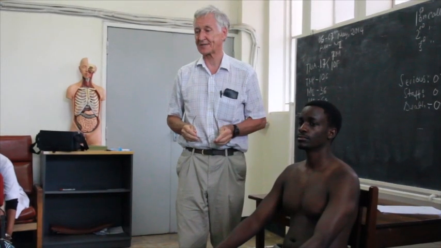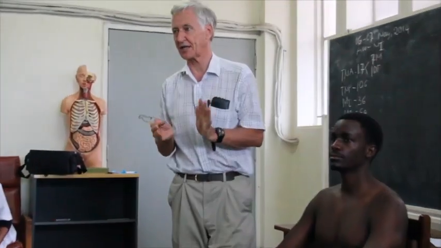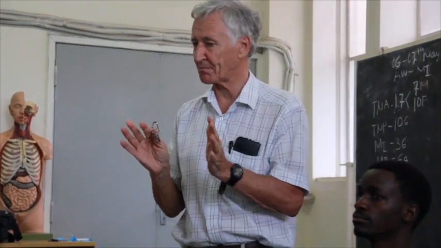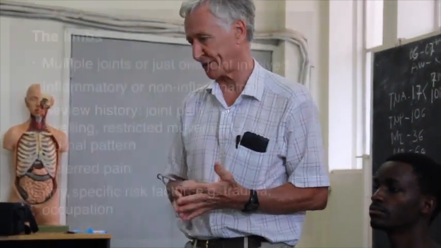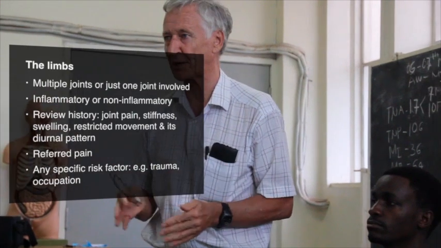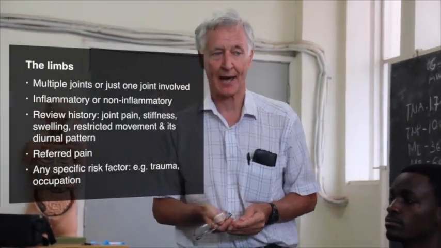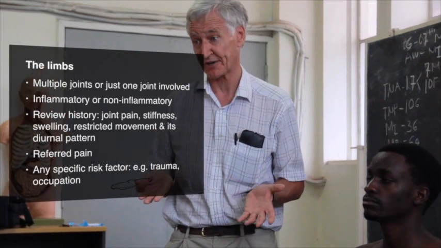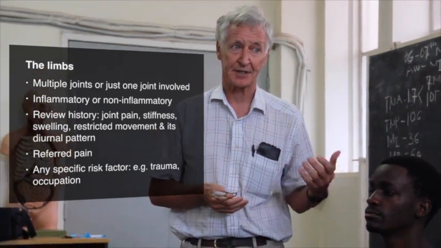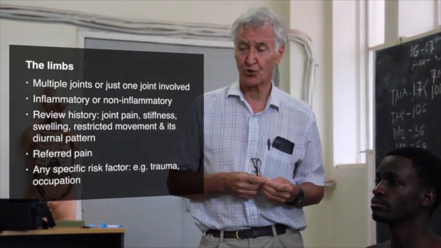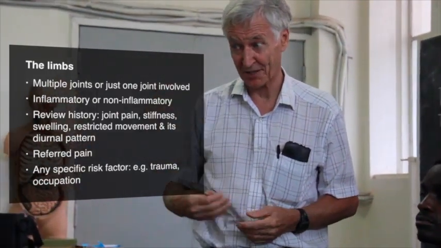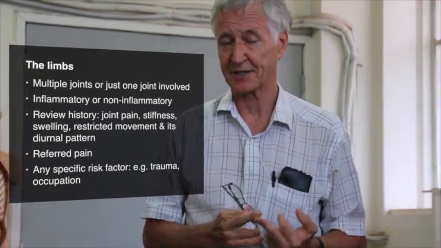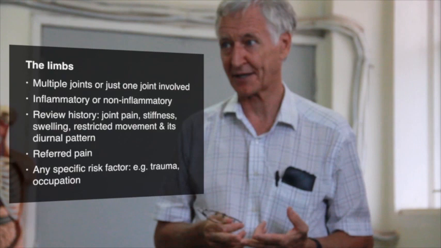So now we're moving on to examination of the joints in the limbs. Usually there may be either multiple joints involved or one joint. The classic example would be rheumatoid with multiple and one joint with gout. The disease is mainly inflammatory, but may be non-inflammatory, for example, trauma. And so you review the symptoms that I mentioned in my earlier presentation about pain, stiffness, and swelling, and then